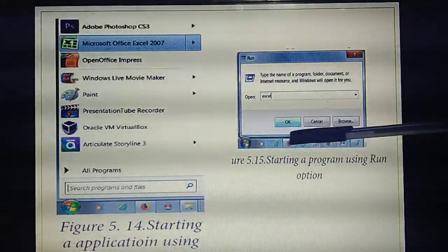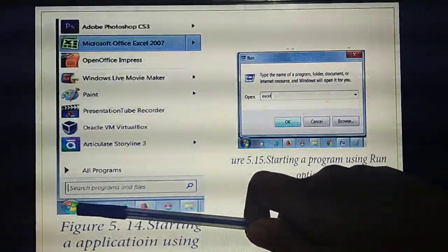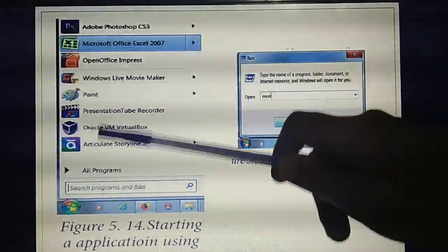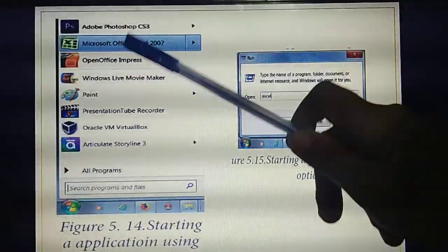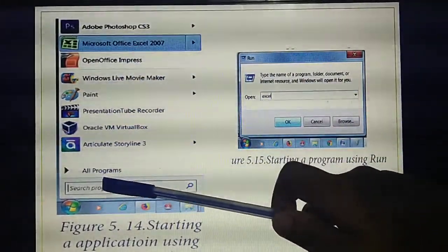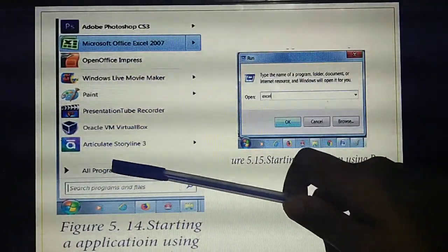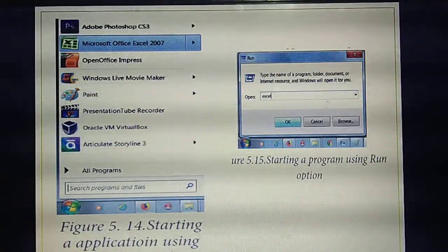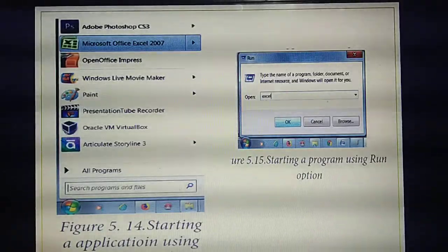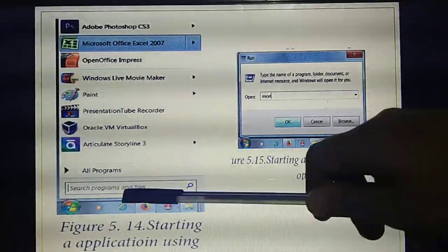Two methods I said, no? The first one is to click the start button and check whether the particular application is available here or not. If the application is not available, you need to click which one? All programs. From all programs you need to select the application, then double click it and open. That's the first method. Second method, you need to select which one?